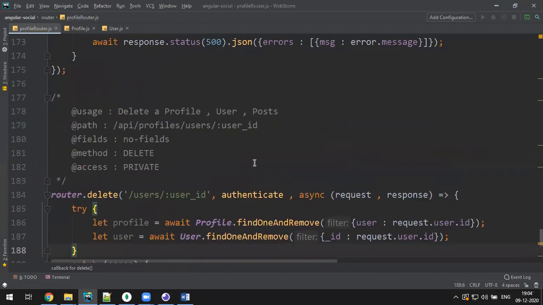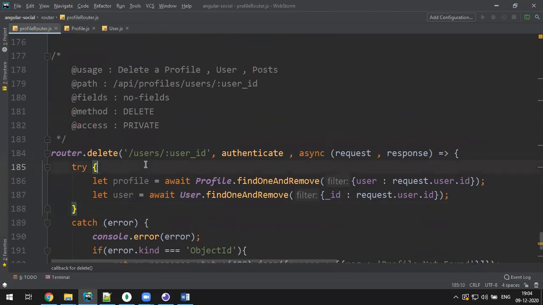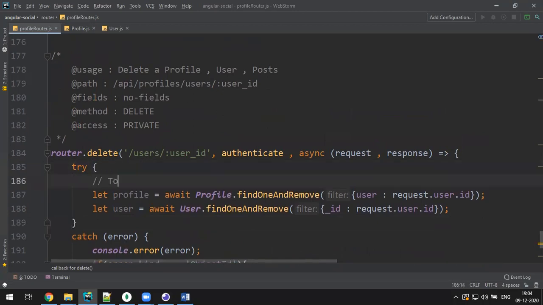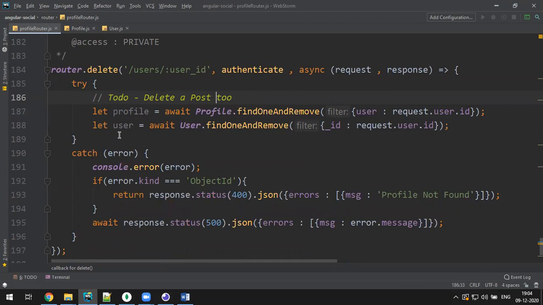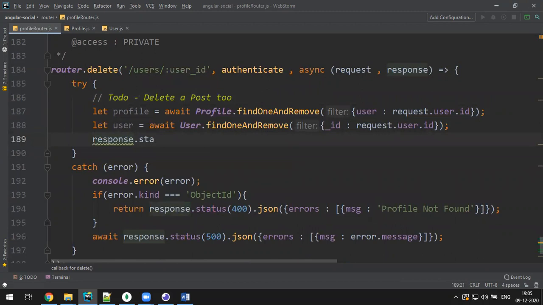And you can also do one thing. Yeah, but post we can't delete now because we have not made anything in post. So you can just say TODO: delete a post too. Okay, we will delete it later. Okay, I made a comment. But the comment is coming in a different color because of TODO. If we don't write TODO, it's a normal comment. TODO means just an indication for us developers to focus on and write it again. Okay, that's it. And you can get the response.status(200).json